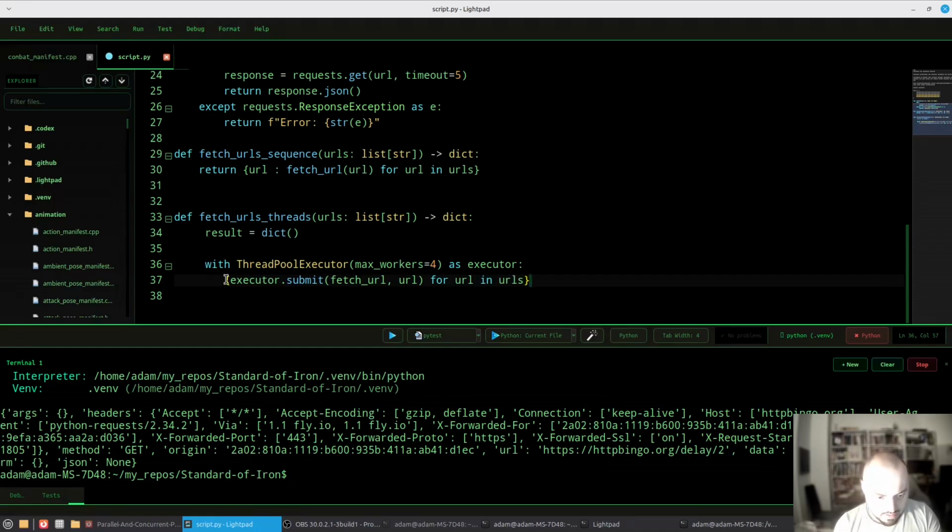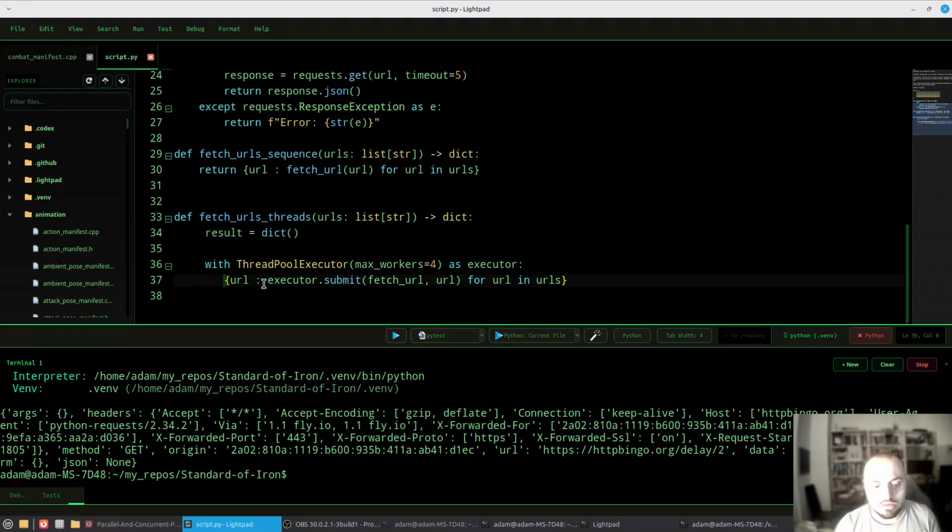And again, the key will be URL, and the value will be whatever the executor submit returns, and it returns an object called future, which suggests by its name that the result is not returned immediately, and this allows for